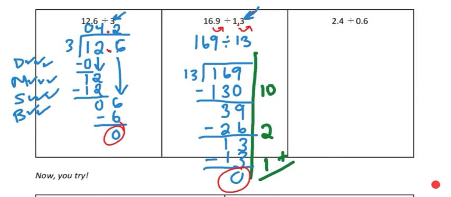10 plus 2 plus 1 is 13. So the answer to this is 13. 169 divided by 13 is 13. And if you check it out in your calculator, 16.9 divided by 1.3 is also going to give us 13. Pretty cool. For this very last question, the difference here is that in our